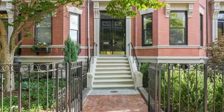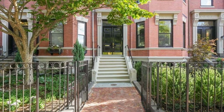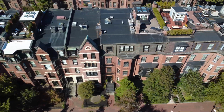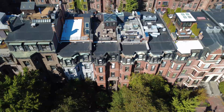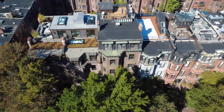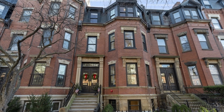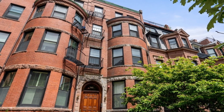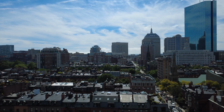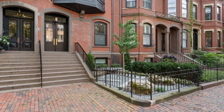Living on Marlborough Street means enjoying a slower pace, neighbors greeting each other on their stoops, families out for a walk, and the sound of birds in the morning instead of traffic. It's a street where residents feel truly at home, and it offers a level of privacy and serenity that's rare in such a central location. Out front, many homes have flower boxes, small gardens, and personal touches that make the street feel warm and welcoming. This street is a favorite for many people and highly desirable for families as it's the most quiet in Back